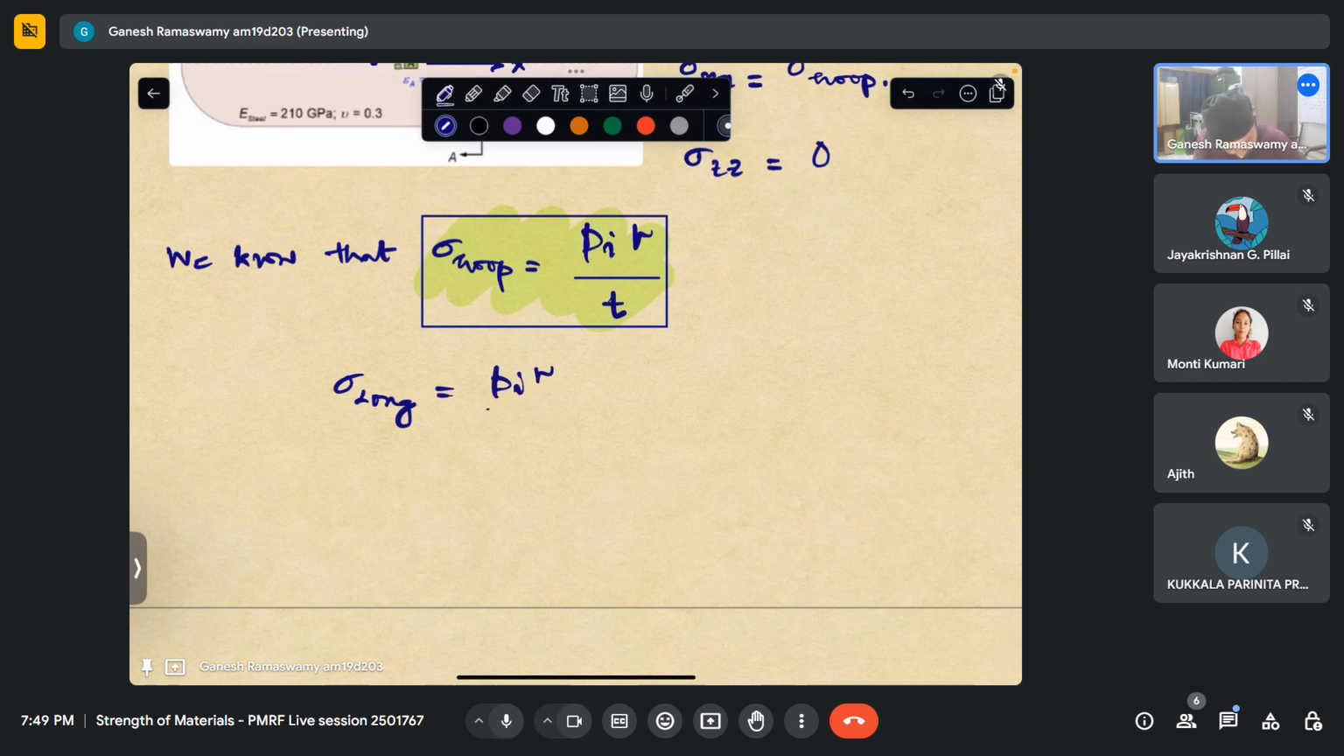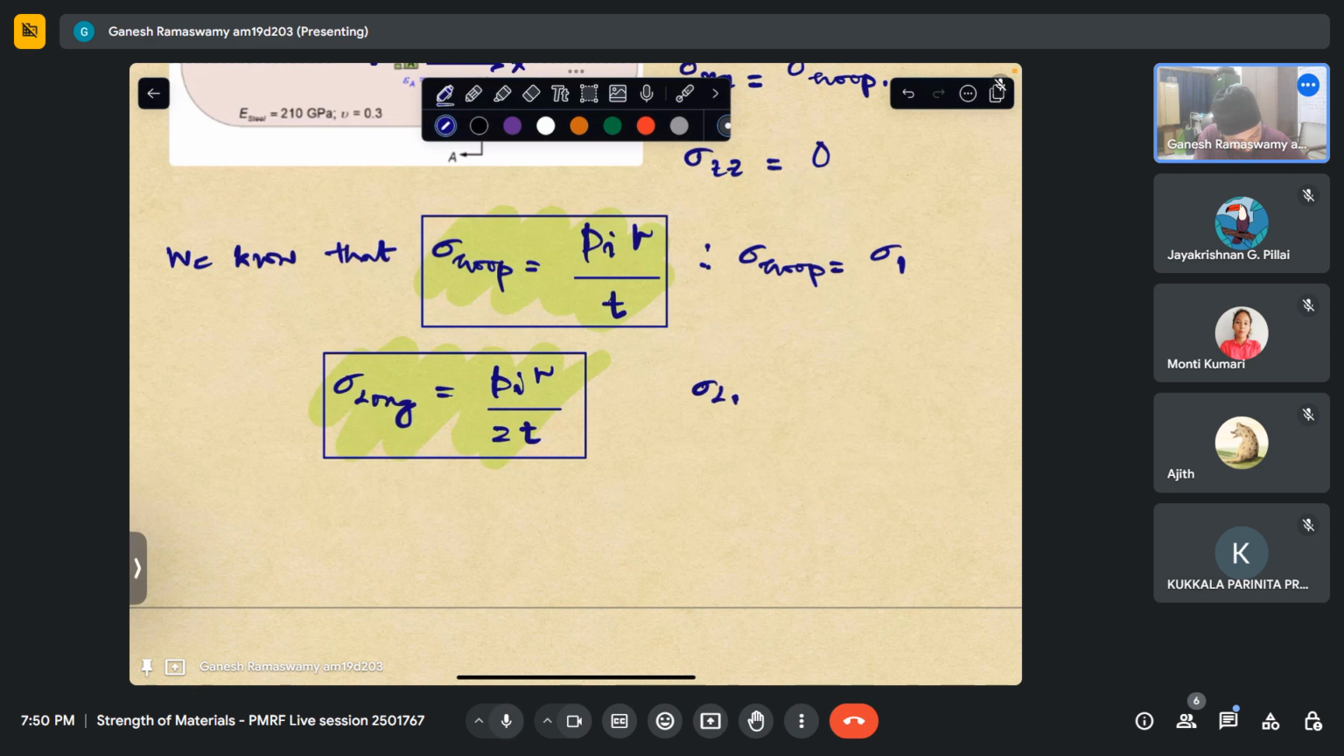So these are the principal stresses. We know this is higher than this, so therefore sigma hoop is sigma 1, sigma longitudinal is sigma 2, and sigma 3 is 0 for this case, because that is a free surface. All right, so now that we know the three principal stresses,